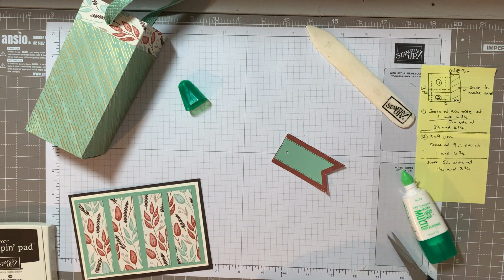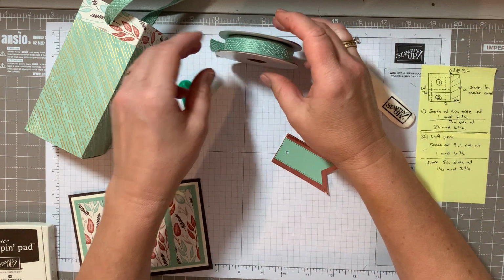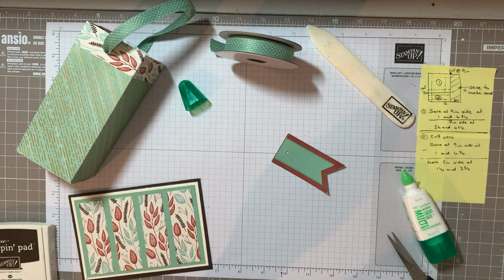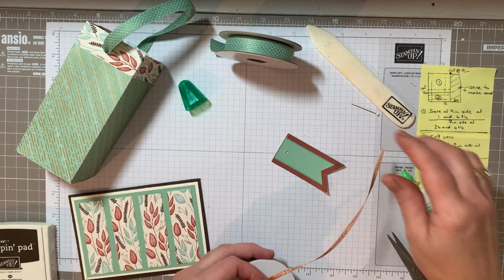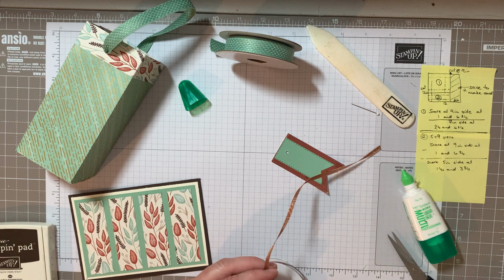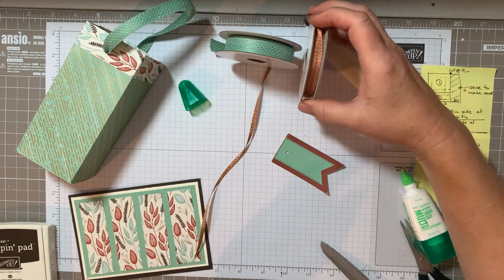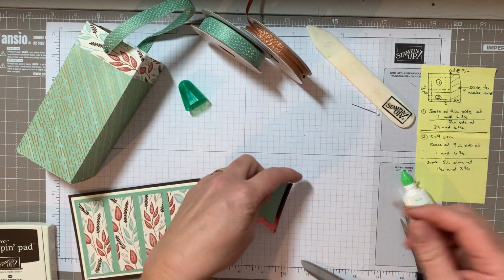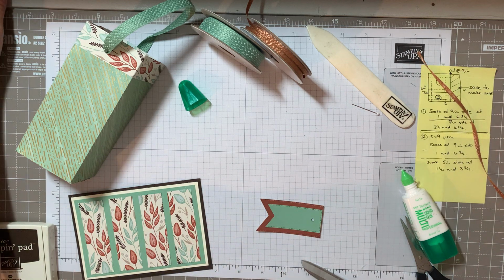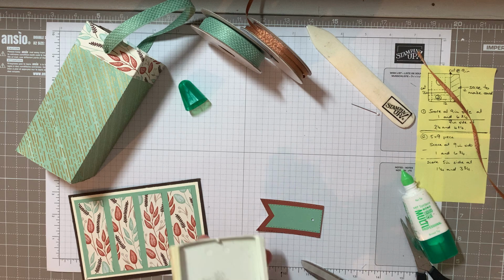And then I'm going to use the copper that comes with it. So we use this one in the bag, on the bag to make the handle, but in the pack it also comes with some lovely copper ribbon. So we cut a piece of that off. This is a much stiffer ribbon than the mint macaron one. We'll get my stamp pads, because we've got some early espresso in there. I'm going to use my early espresso ink pad,